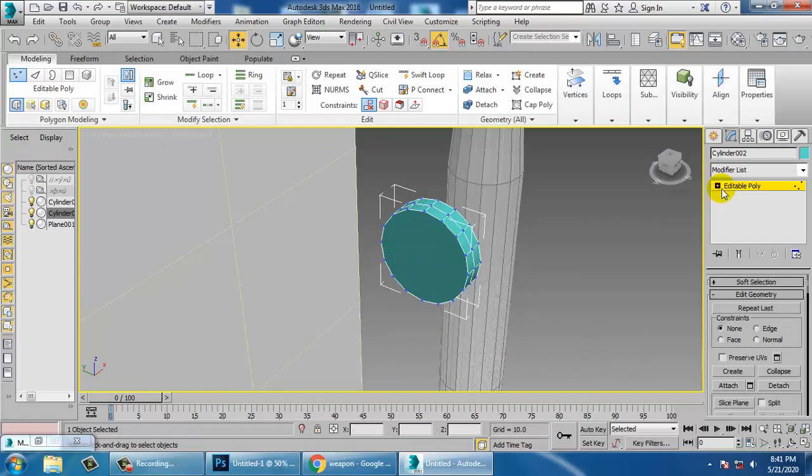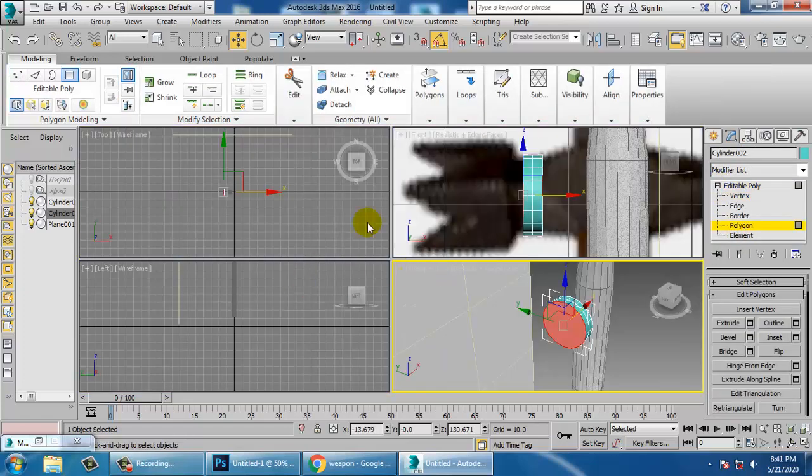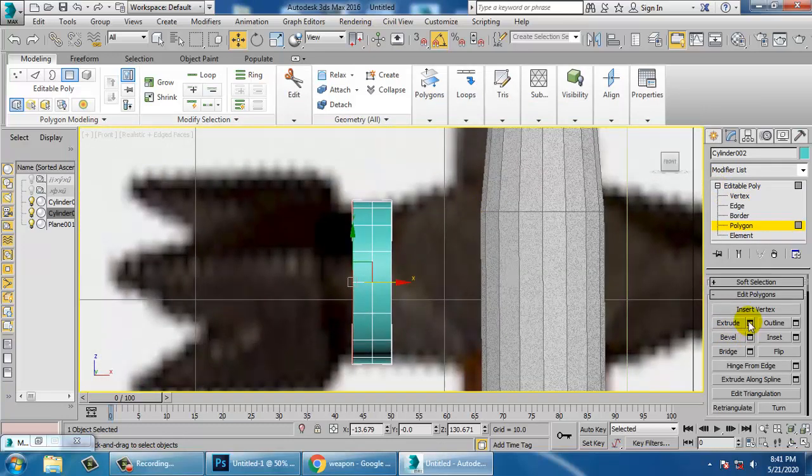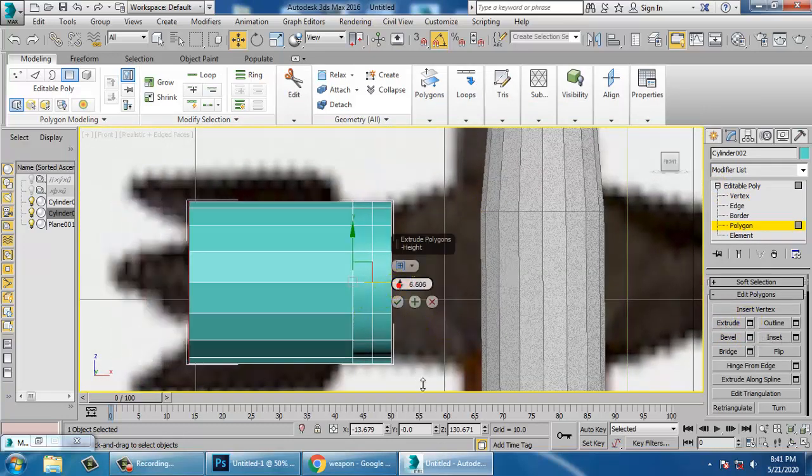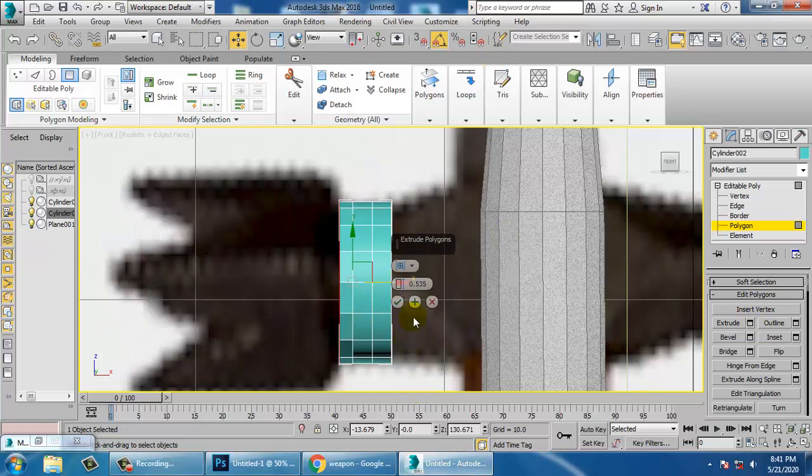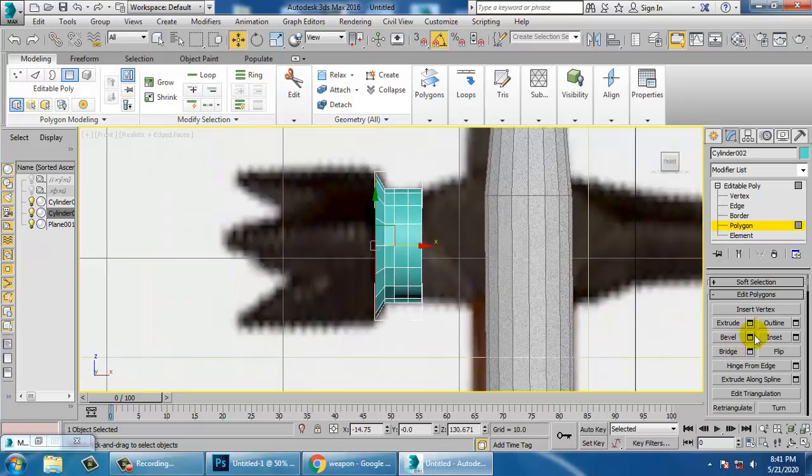Go into the polygons and extrude it. Before extruding this, we'll extrude it once more, scale it in this way, and keep on extruding this till here.